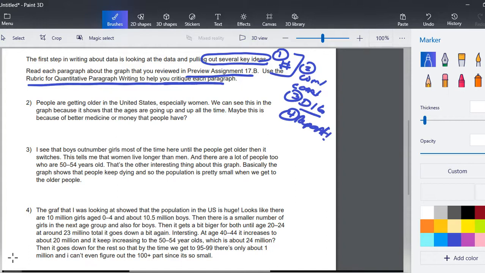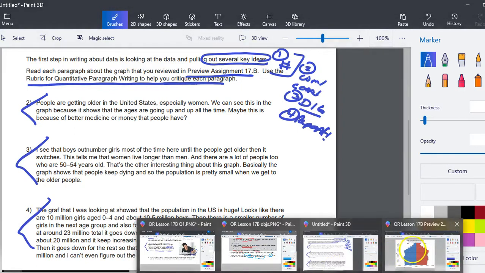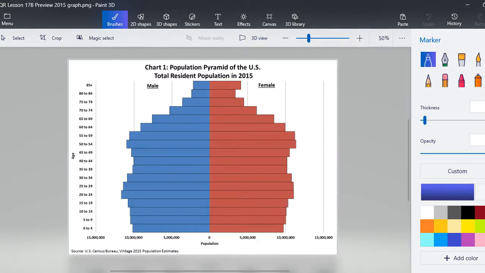So what they're asking us to do here is to critique each paragraph. We have some comments and paragraphs about, let's see if I can find this. And so you will recall that we have the male information, female information, we have years, we have the ages, we have the population, like down here in the 0 to 4, it's almost 10,000, and over here it looks like it's a little bit more than 10,000. And so this is what these people have written about, and we're going to need to critique their information